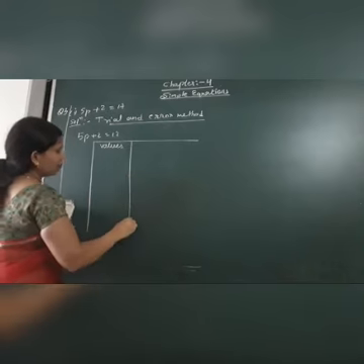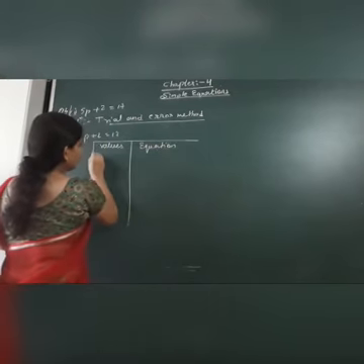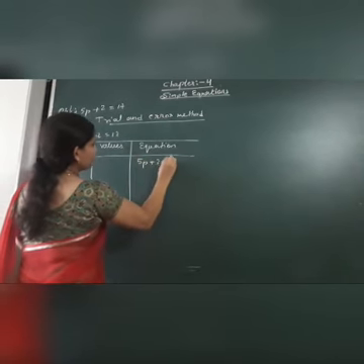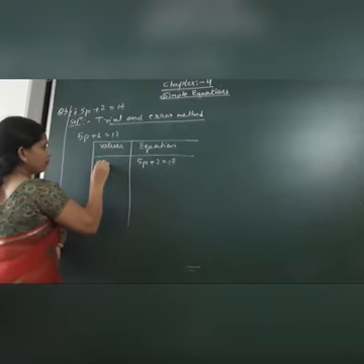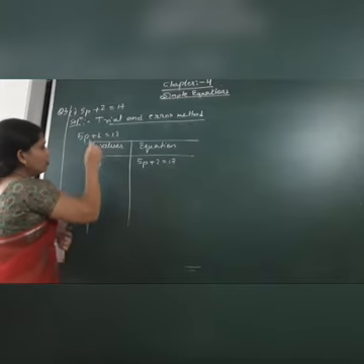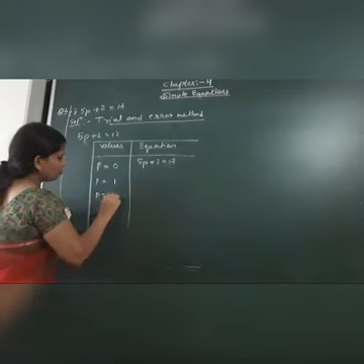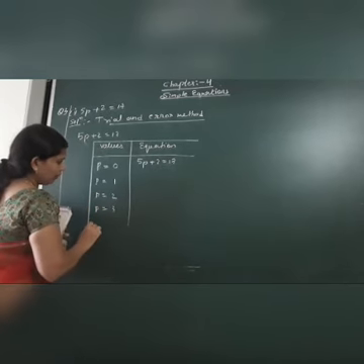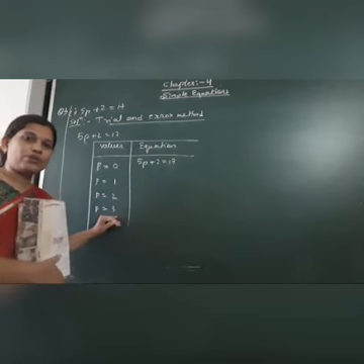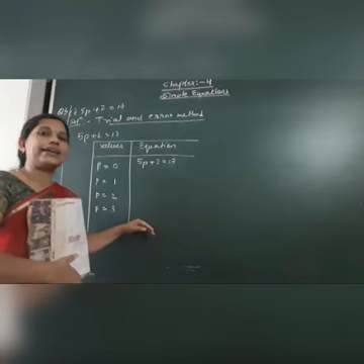Then in the next one we are going to write the equation. Okay. Now here the equation is what? 5p plus 2 is equal to 17. And values, that means here the alphabet we are having is p. So its value we are going to see as p is equal to 0, p is equal to 1, p is equal to 2, p is equal to 3. Okay, like this we go on putting. That means we have to keep putting values until LHS equals RHS comes. So this method is called the trial and error method.